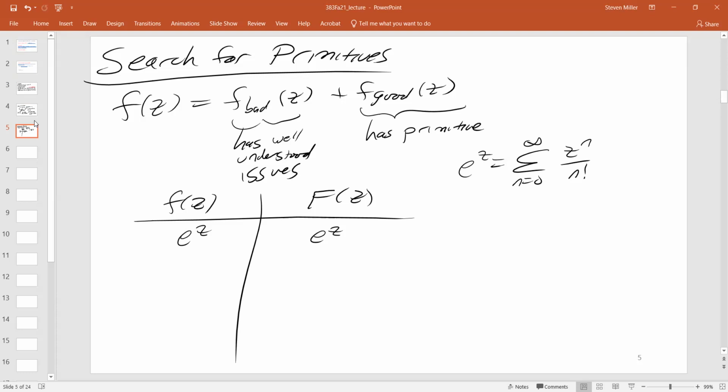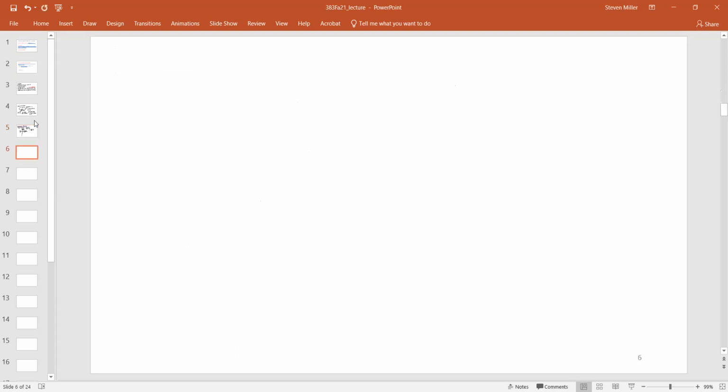So we're going to call this an aside, and we're going to go on to the next page. And so, aside: e to the z. And again, this is an extremely important function. It is worth spending a few moments talking about it. What is e to the z times e to the w? E to the z plus w. Why?